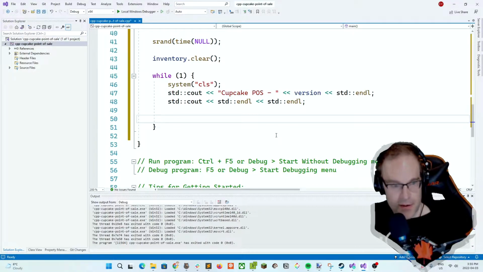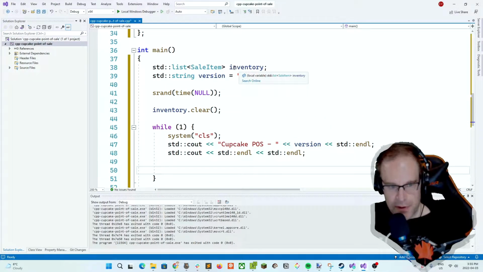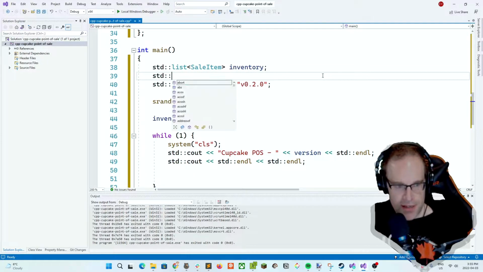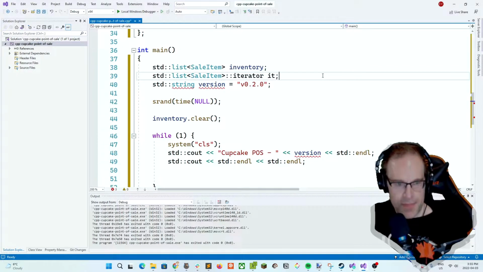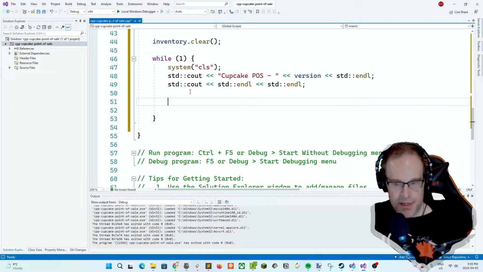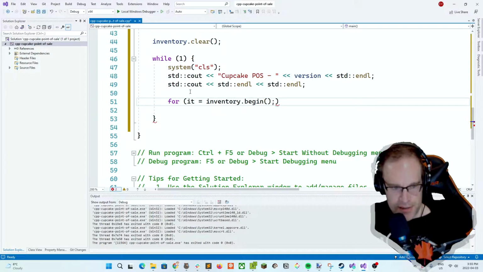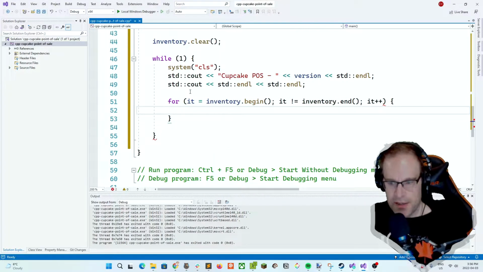All right. So we want to loop through our inventory of sale items and then display each one of them on the screen. What we're going to need is a standard list sale item iterator, and then a nice little for loop. The iterator is inventory begin, which initializes the iterator to the first element in the list, and as long as we're not at the end of the list, let's go ahead and